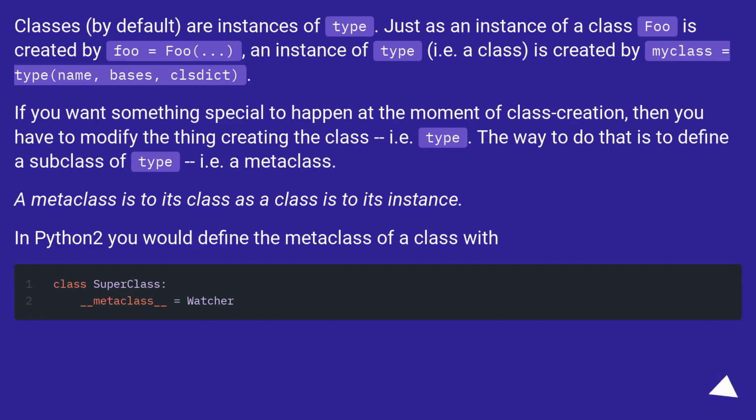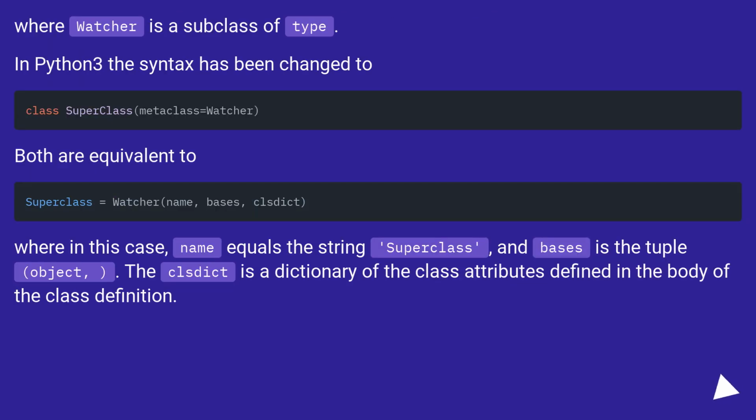The way to do that is to define a subclass of type, i.e. a metaclass. A metaclass is to its class as a class is to its instance. In Python 2 you would define the metaclass of a class with where Watcher is a subclass of type. In Python 3 the syntax has been changed to both are equivalent to